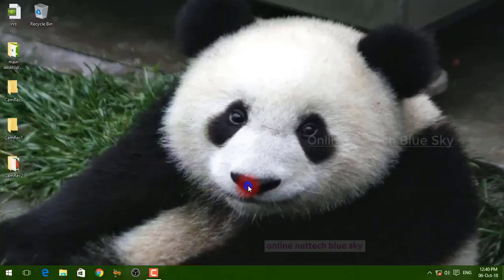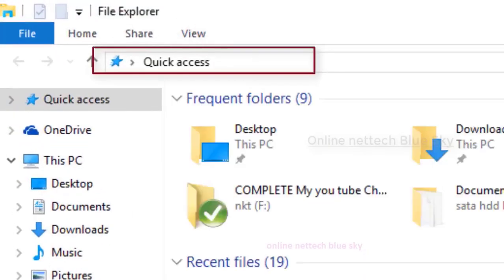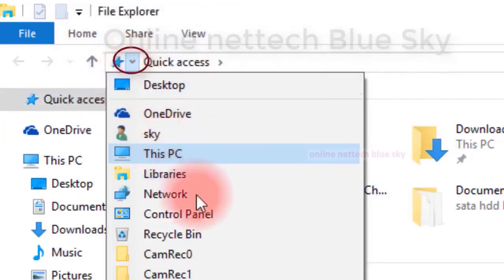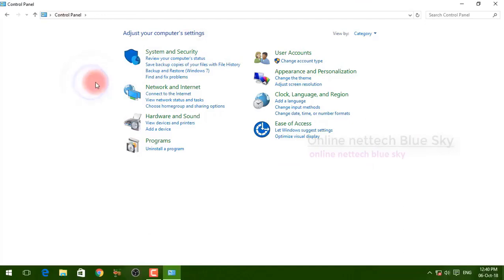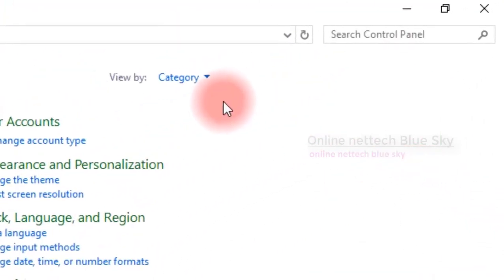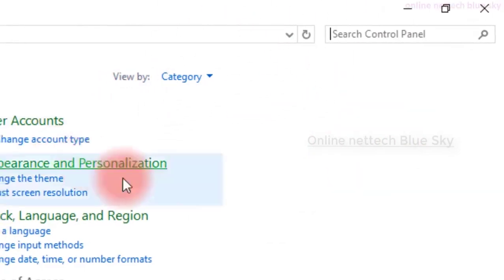The Windows 7 operating system Control Panel is about 98% the same as Windows 10 and Windows 8.1, and you can open it the same way. Click on large icons, because this is a category-wise definition of all the options here.